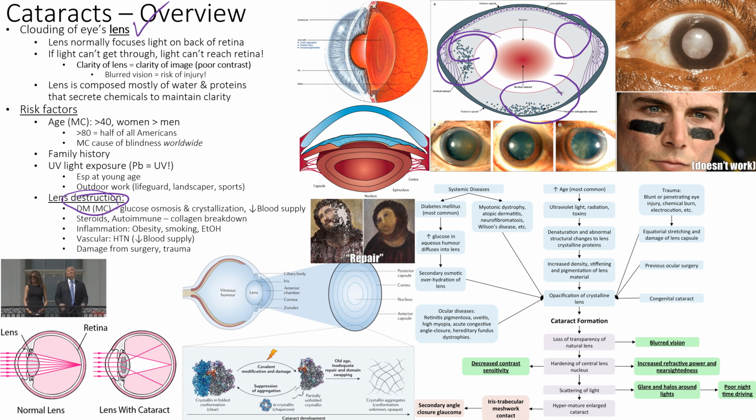Okay, so it's clouding of the eye's lens. The lens normally focuses things, and it's still operational, to a certain point. Certain patients will be at high risk of it getting stiff, like diabetics also. Their lens might work, it might be able to get fat and get thin, but there's stuff in the way. So it's going to be a cloudy image.